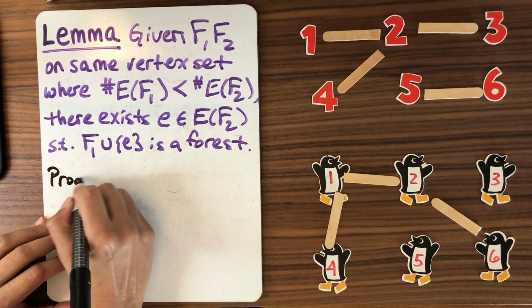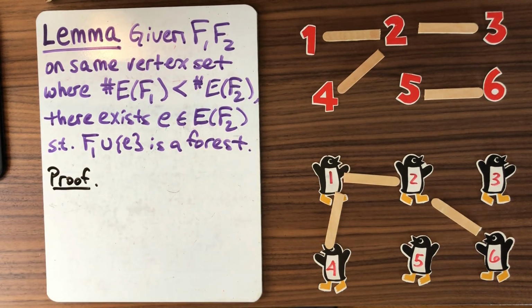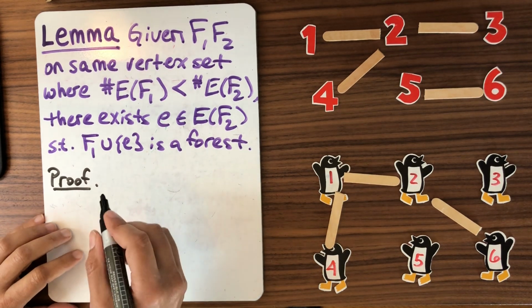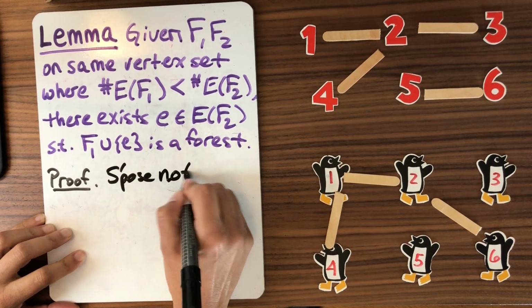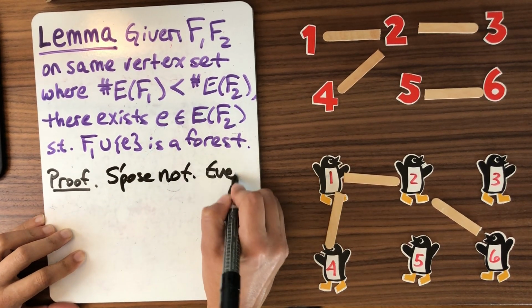So how do we prove such a statement? Given 2 forests, there's some edge I can add. So finding that edge might be difficult. In a case like this, when I'm not sure how to find the edge, because it really depends on what my graph is, one of the best ways to do it is go for a proof by contradiction. So we're going to suppose not. Suppose not. So that means that every edge